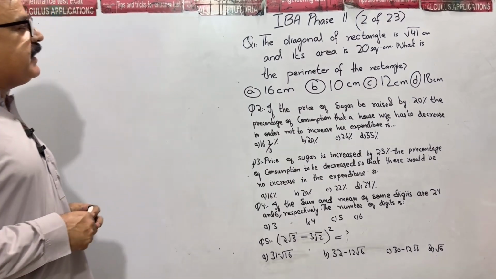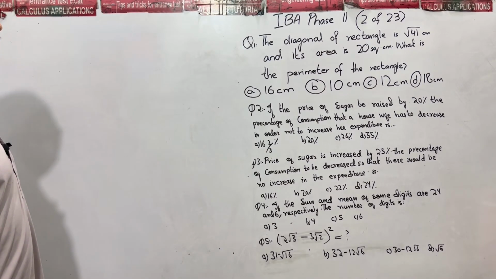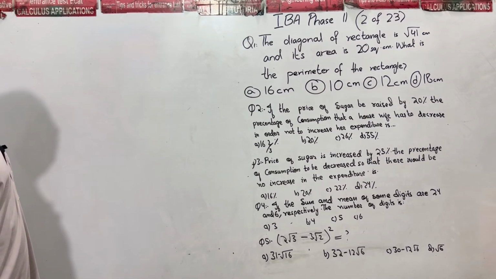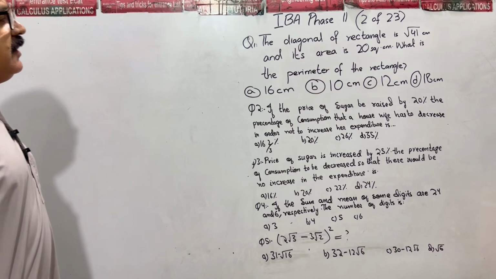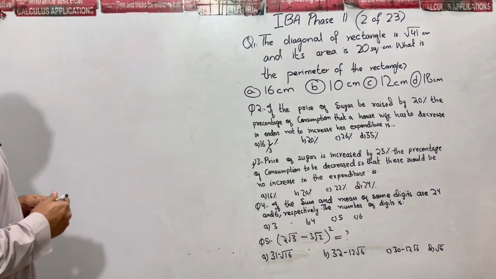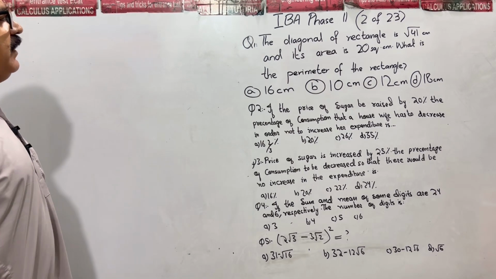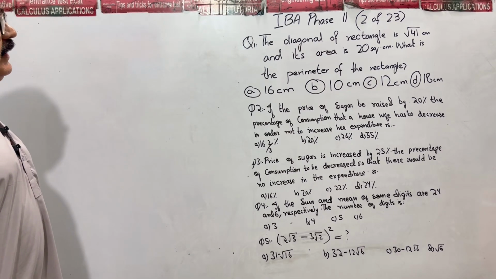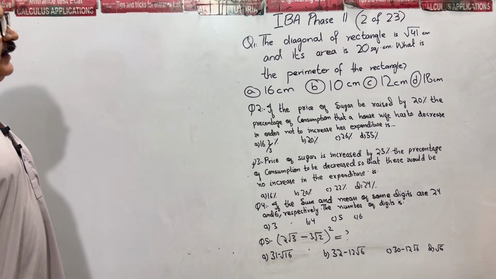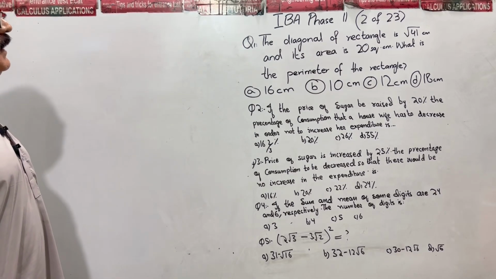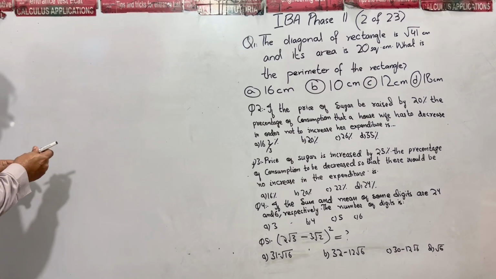Question number 1 reads: the diagonal of a rectangle is root 41 centimeter and its area is 20 square centimeter. What is the perimeter of the rectangle? The diagonal of the rectangle is given to us, that is root 41, while the area is 20 square centimeter. What is the perimeter? Let me draw a rough sketch of